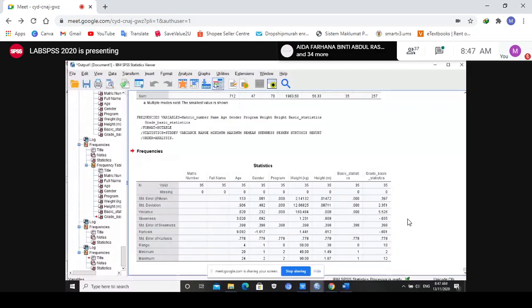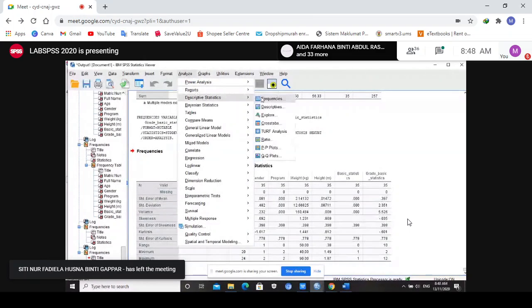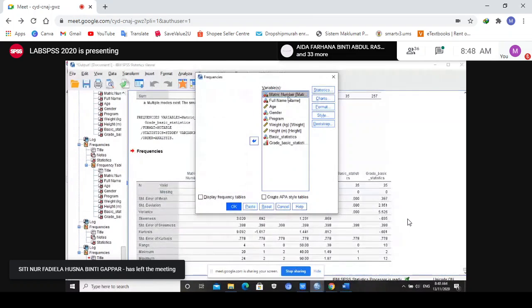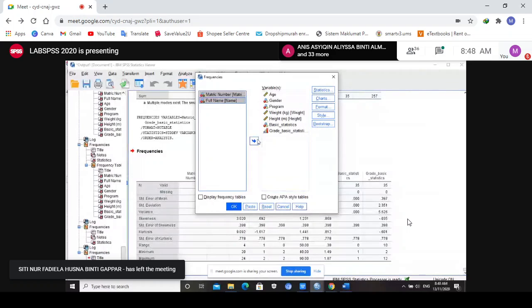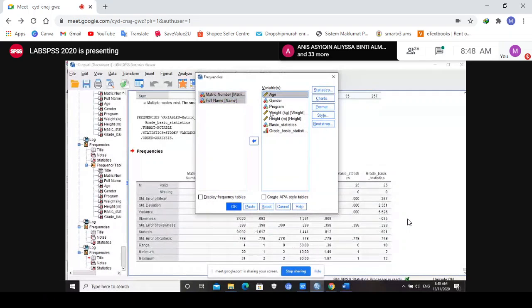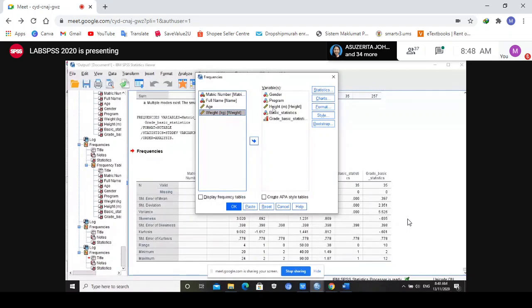Now, what are you going to learn here actually, class? Okay. You select the string, no need for the string. You just leave the categorical data. Categorical data here means the nominal and the ordinal. Basically, class, for the categorical data, people will not look at the mean or standard deviation and so on. People will look for the frequency. And then after that, people will